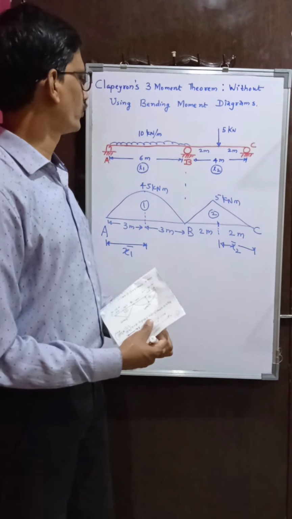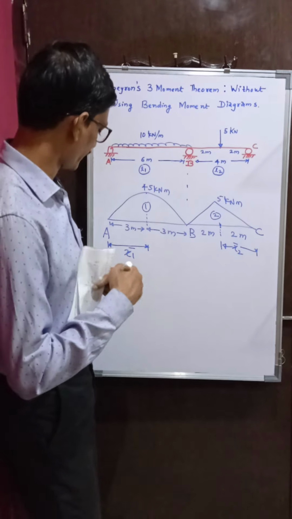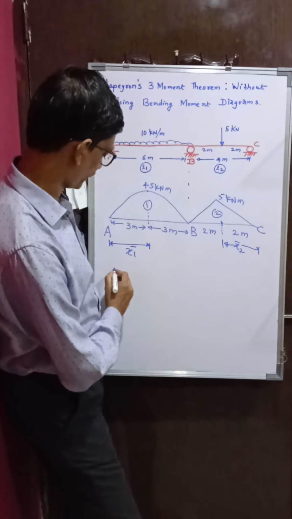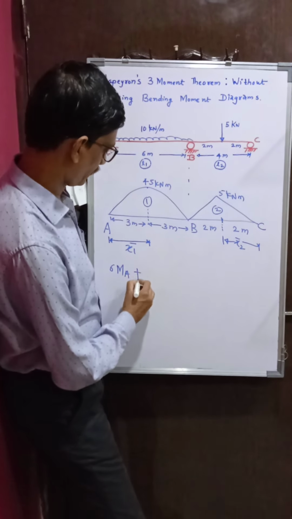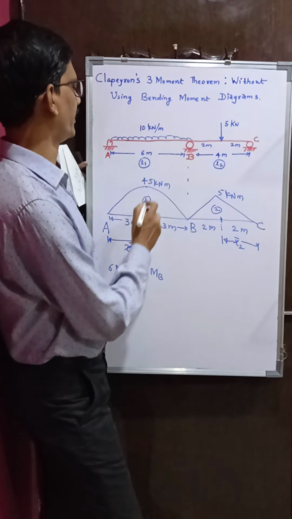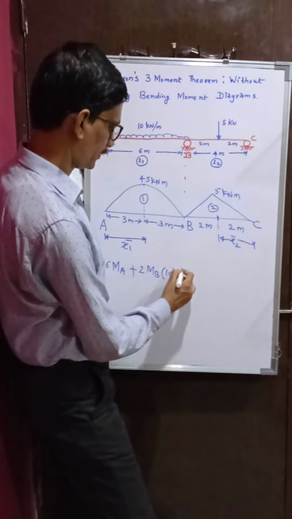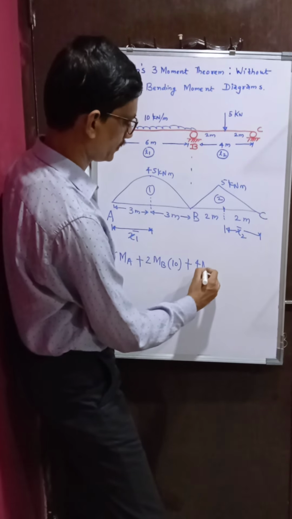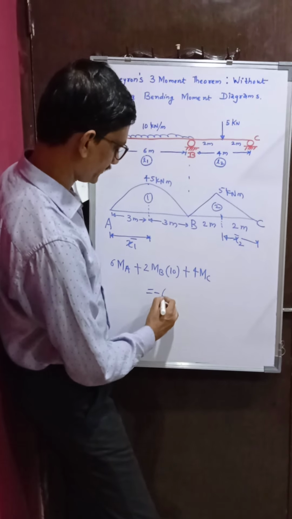Now substituting these values in the equation which I had written. So let us start. It was MA L1, and L1 is 6, so it is 6 MA, plus 2 MB into L1 plus L2, that is 6 plus 4, it is 10, plus MC L2. So it is 4 MC because L2 is 4, equal to minus 6